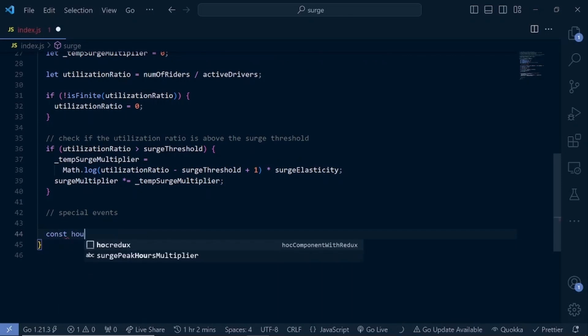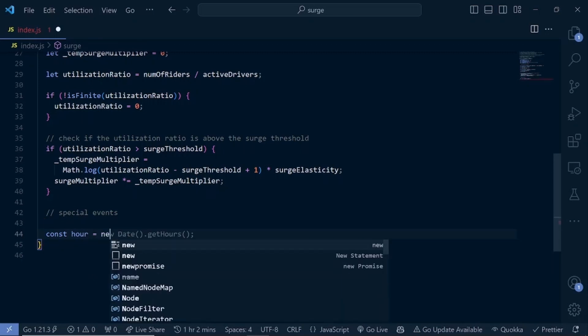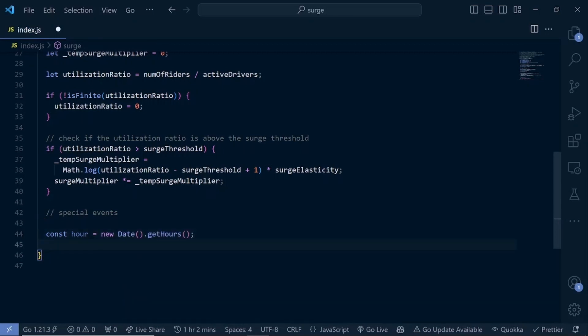Let's say const r. Let's get the hour of the day. We say new Date().getHours(). All right, so we want to apply surge based on the hour of the day. In rush hour, like in the morning when people are going to work, we want to apply that. So we're going to say